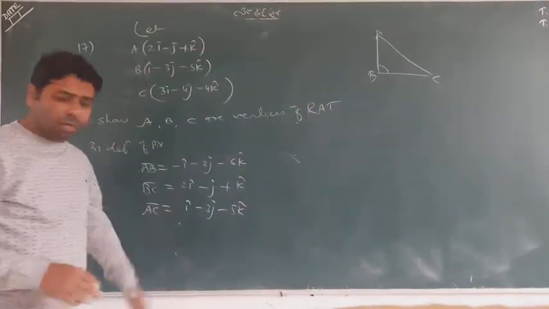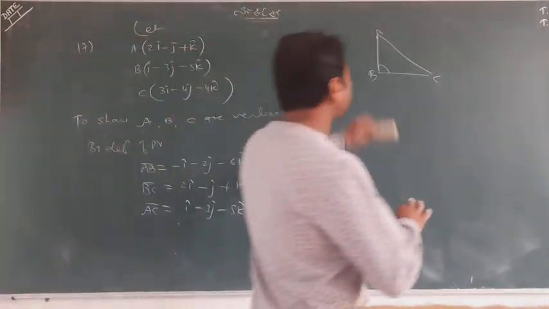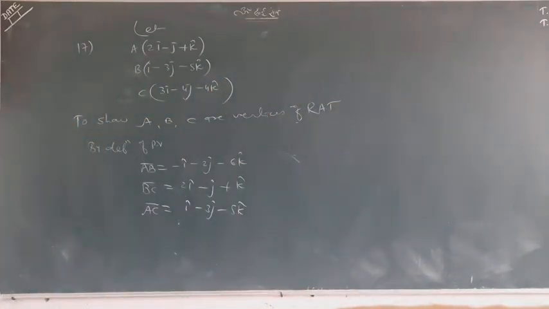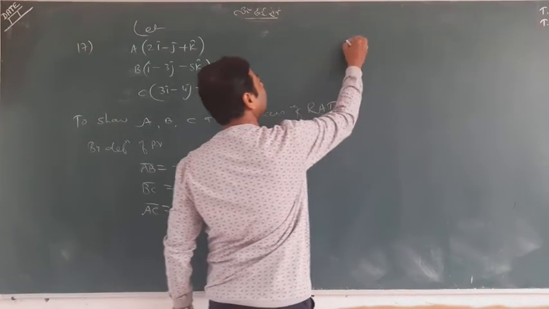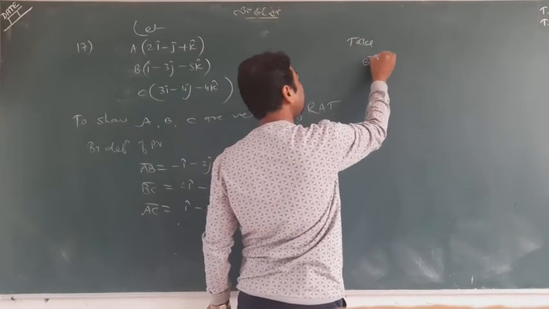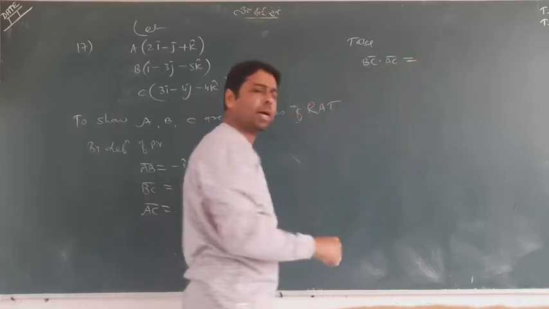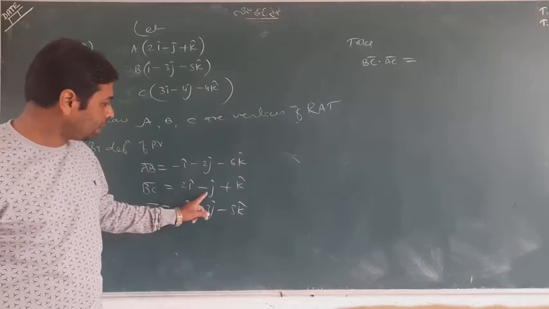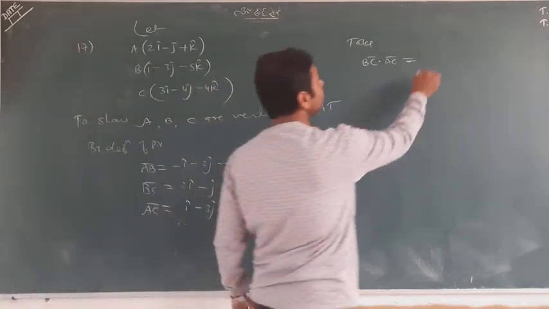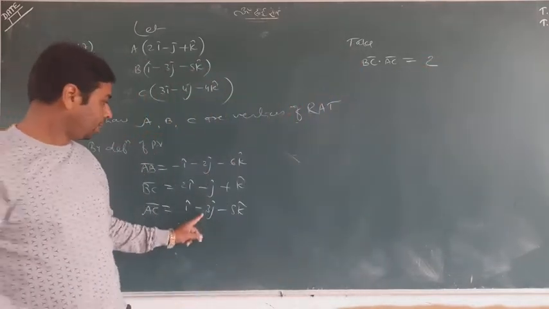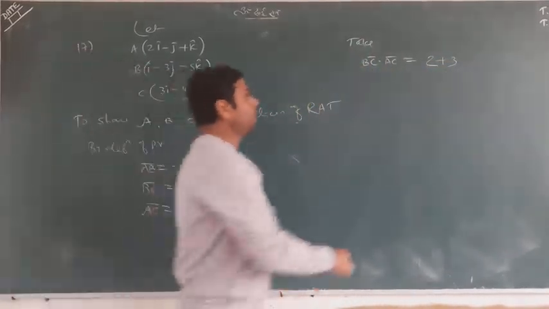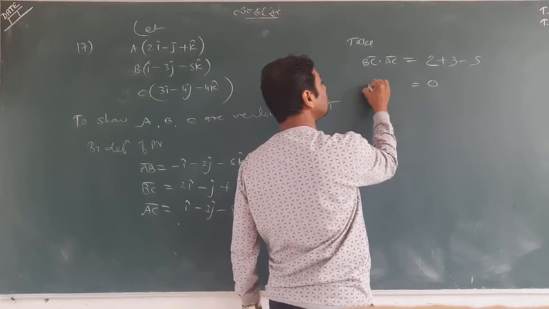So I find out, and at first instant I tell you the right answer, which can be seen easily. You can go BC and AC. BC and AC, I predict very soon. Can you see? 2i minus j plus k. 2 ones are 2. Minus 1 is plus 3. And 1 5 is 5, minus 5. What are you getting? 0.